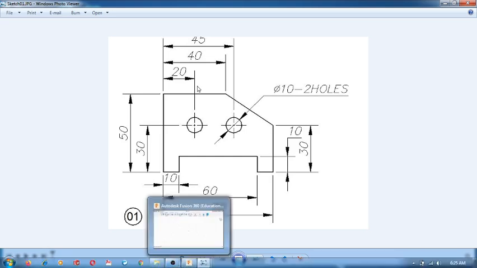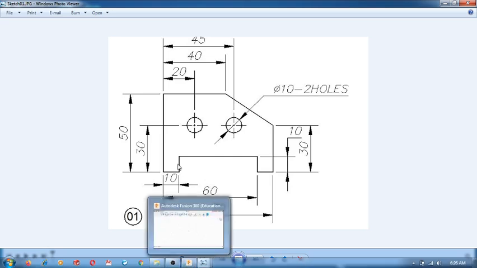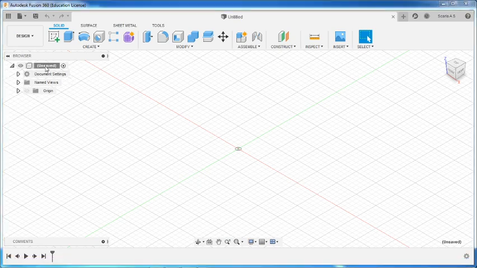So let us start with exercise number 1, which is shown on your screen. This is a very simple exercise, similar to the exercise which you have done in module number 1. So how to do this? We will draw a rectangle of size 70 by 50, then draw 3 lines and 1 line and 2 circles of diameter 10. So the rectangle size is 70 by 50. Let us start